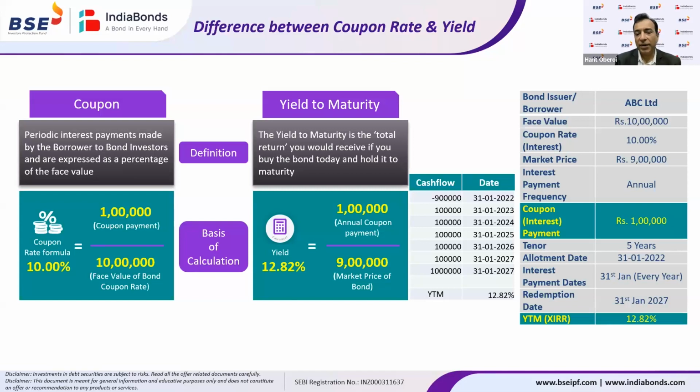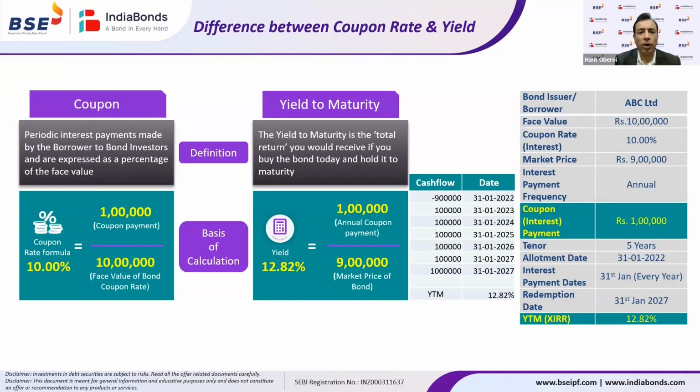What essentially it means is my investment is today 9 lakh, but on maturity, I will still get the face value, which is 10 lakh rupees. So I have invested less and my maturity amount is more. It means my return is on the higher side. Now this return from my date of investment till maturity is known as the YTM, or yield to maturity, calculated in the format of an XIRR. You can do an Excel calculation as well, or we have a tool to do this calculation.